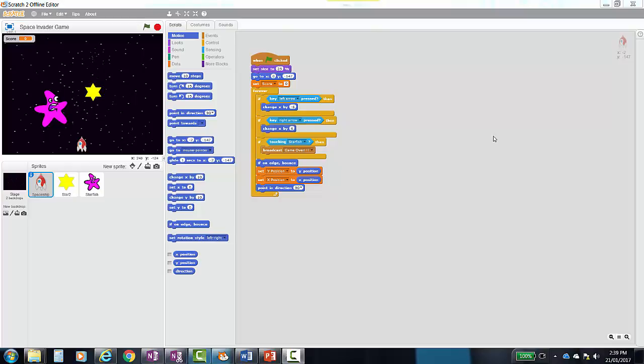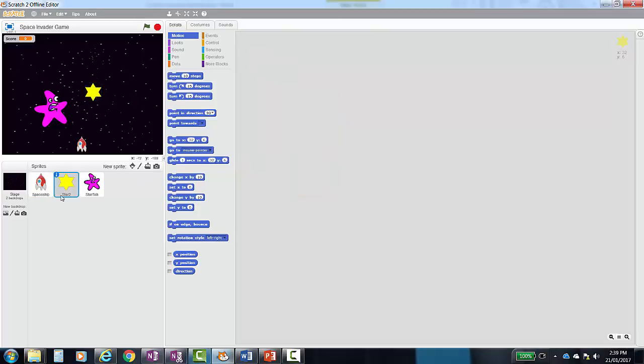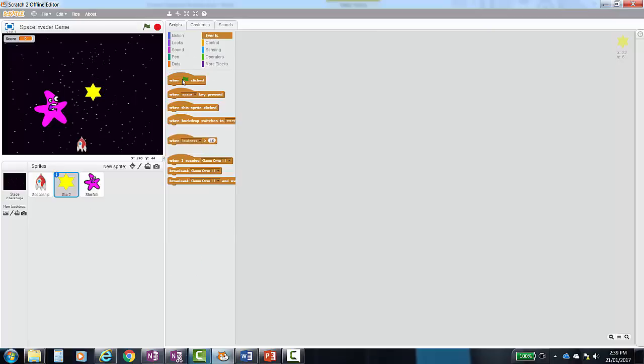So now we're going to continue our game and start working on the bullet. So we need to make sure that our star 2 is selected with the blue border around it, so any code we add is actually happening for the star 2 sprite. And again, we need to start with an event so that when the green flag is clicked, our code will